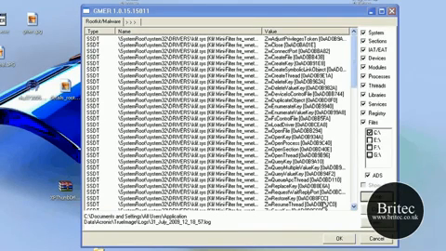In this video we're going to be talking about rootkits and how to detect them on your PC. Now these things are really nasty. They lay hidden in your PC without anyone knowing. You can be just going about your day not knowing that you've got a rootkit on your system. It will be hidden so well that you will not be able to detect it unless you scan for it